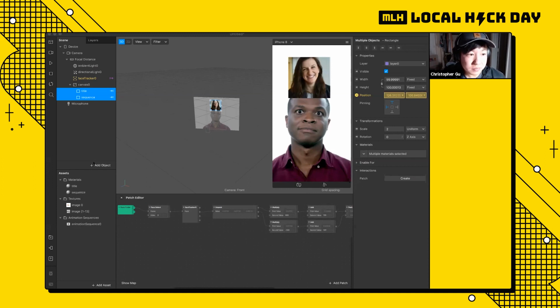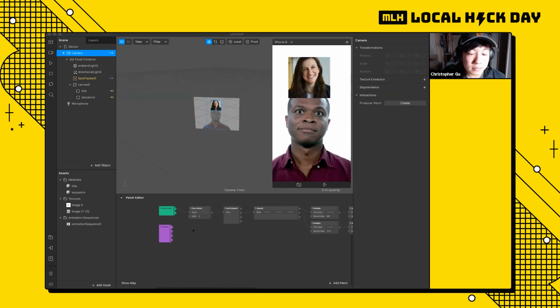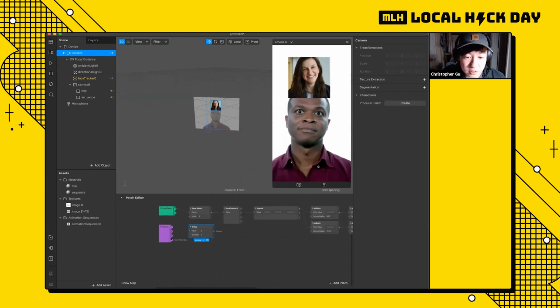And so what we are going to do is we're going to click the camera object, and we're going to also drag that down into the patch editor. And as you can see, it has 4 attributes: front camera active, back camera active, photo captured, and video recording. We will be using video recording to ensure that our interaction only happens once the user presses record on Instagram. Cool. So we're going to search for the patch delay, and we're going to hook that up to video recording and set the duration to 2. And so this is the start of the interaction logic for